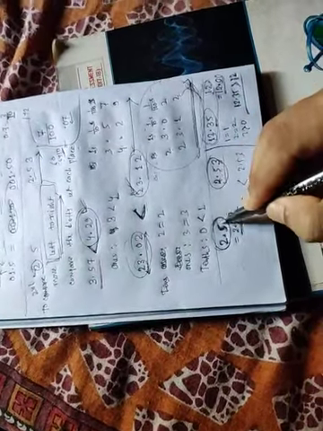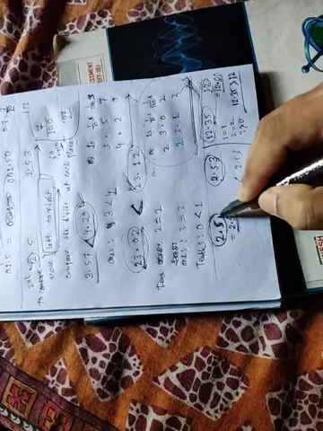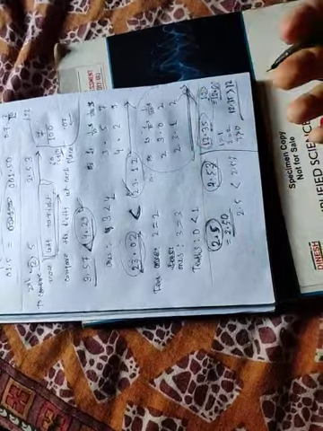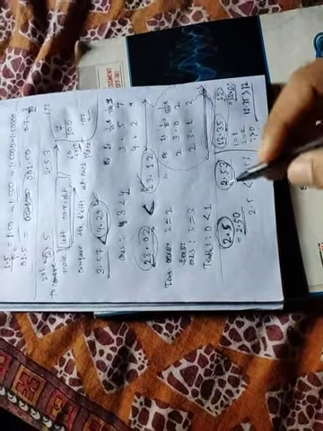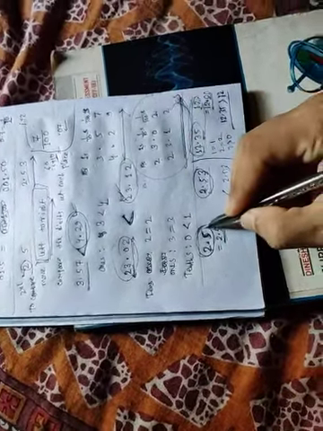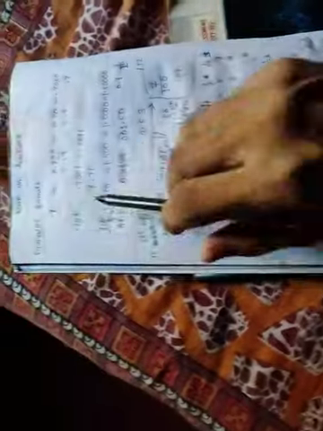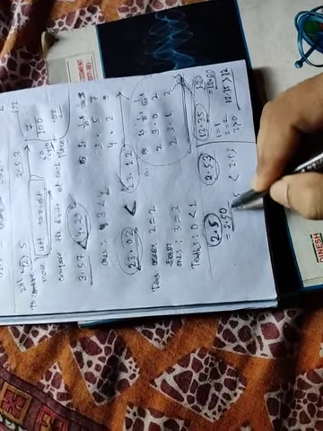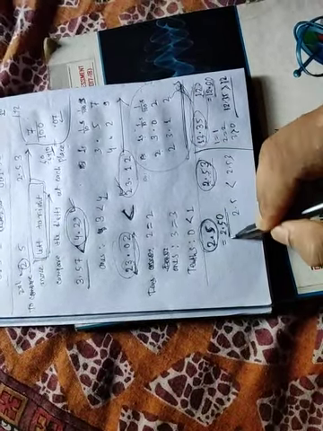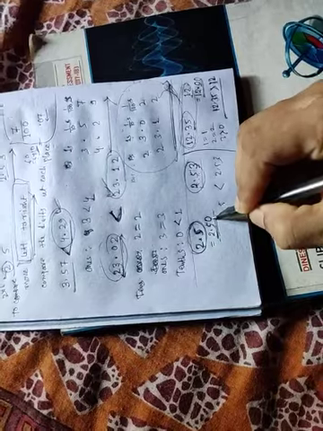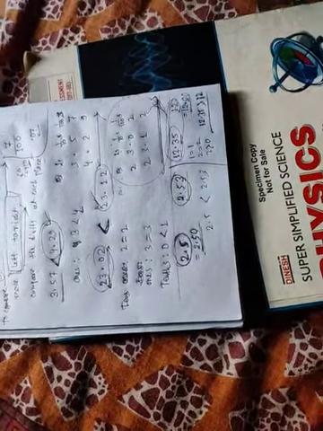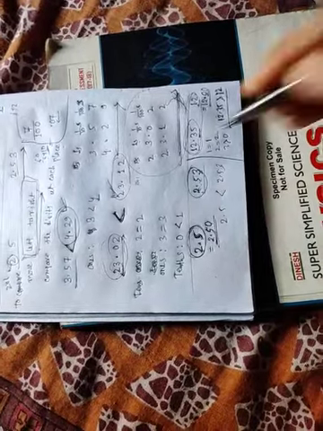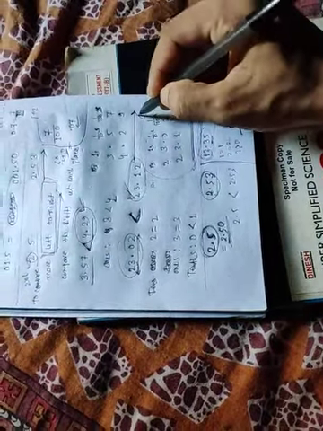Equivalent decimal means, see here I don't have any hundredths part, but here I have a hundredths part. How can I compare them? To compare this, I have to take a 0. That means the equivalent decimal method. I have to take a 0, and this is the equivalent decimal of this. So now this fraction also has a hundredths digit. Now it is easy to compare.